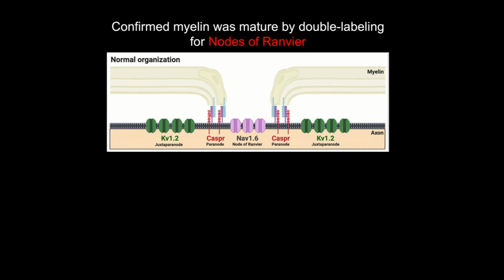The organization of the node has the sodium channels right here in the middle where the action potential will be taking place. We have this paranodal region that's formed by Caspr and other molecules. And then adjacent to that is where the potassium channels are. So the Kv1.2 channels are just under the end of the myelin. This keeps everything nicely organized and helps to keep the saltatory conduction flowing in a proper way. So if we were able to look into our spinal cord tissue and find evidence of intact nodes where we see the green myelin, that would indicate that the myelin was functional.